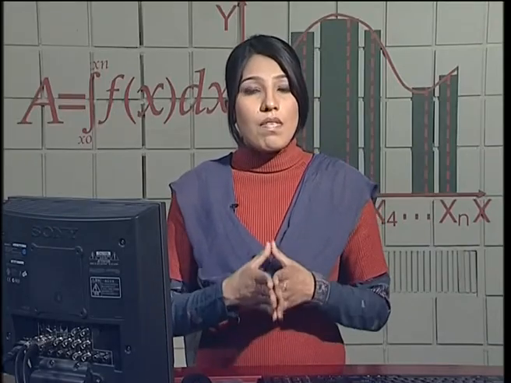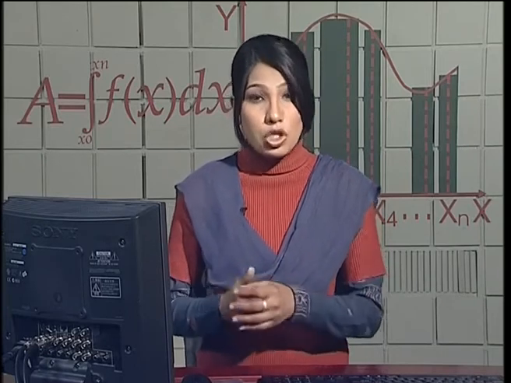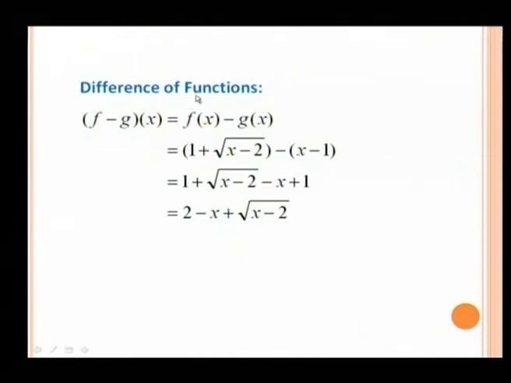In the same way, we will find out the difference of the functions by putting the values of f and g in the difference formula, which is on the screen. For the difference of functions, f minus g of x is equal to f of x minus g of x. Now by putting the values of f of x and g of x, we have 1 plus under root x minus 2 minus x minus 1. And finally, we get the difference of the two functions as 2 minus x plus under root